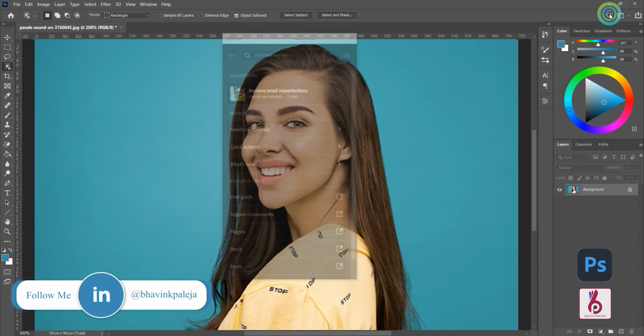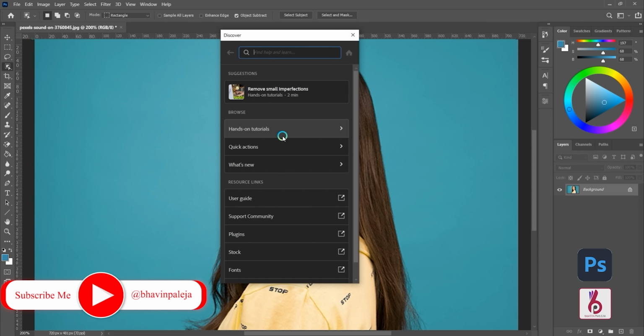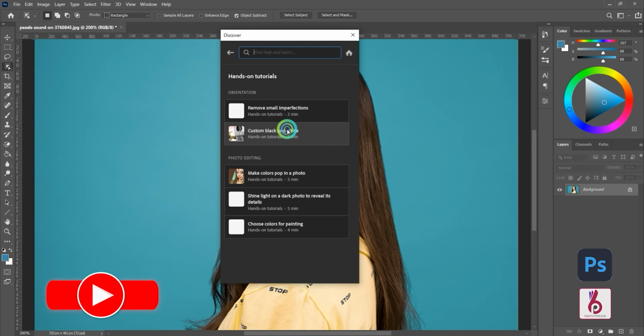In the latest 2020 version, you get search icon and from there you can use their tutorials to work along.